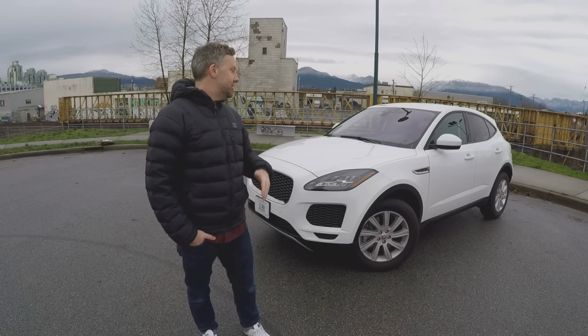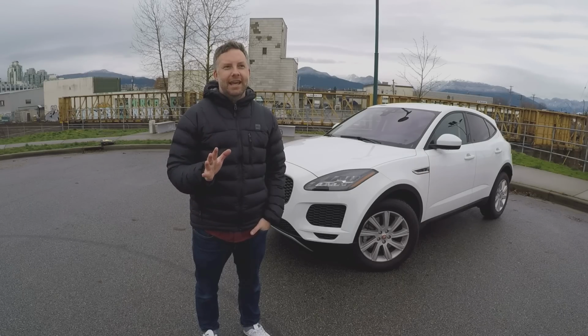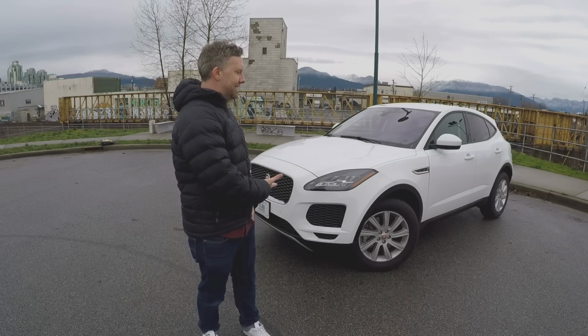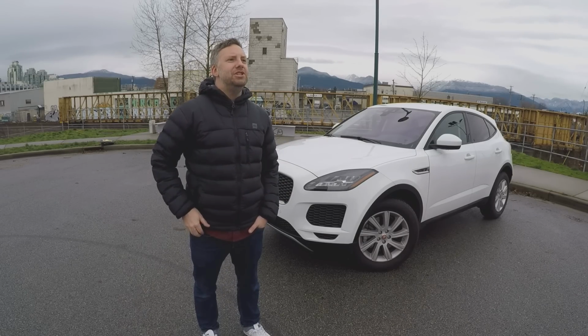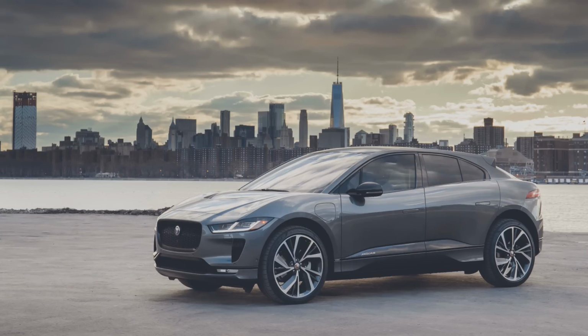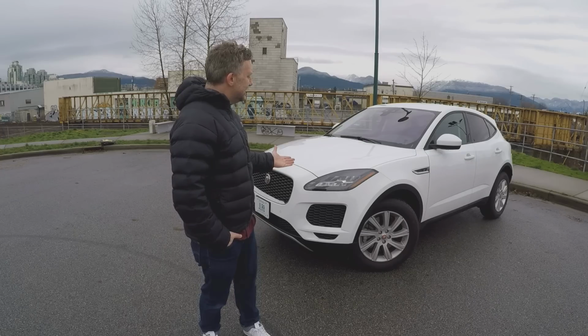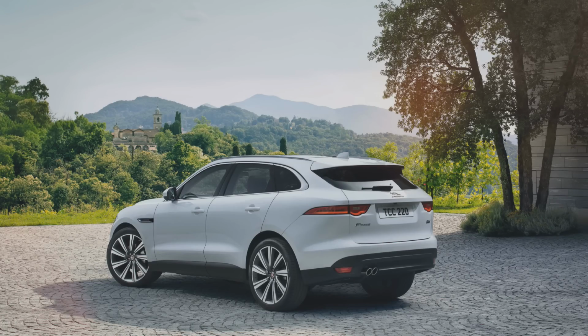And this week we are checking out the 2018 Jaguar E-Pace. Now, something to get out of the way before we get started here. Despite what you might think from its name, E-Pace, this is not an electric car. No, that would be Jaguar's I-Pace, which makes perfect sense, right? I don't know. Anyway, this is the little brother to Jag's hugely successful F-Pace SUV, and I think it's a